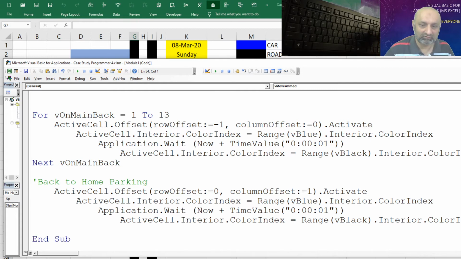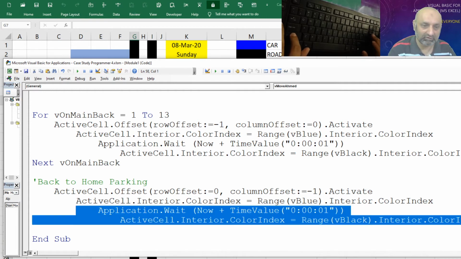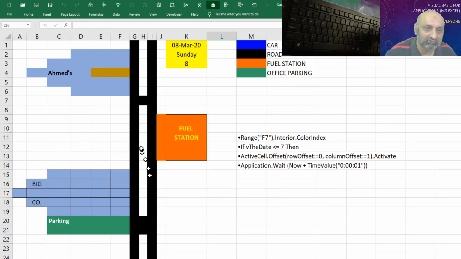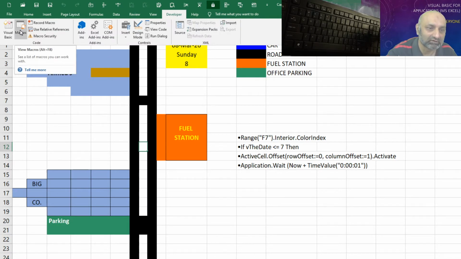We'll move one step right, one step left, and one step left should be column offset -1, and the color should be blue, and we don't need a wait, and we don't need the black color. Let's run our macro slowly with the wait so that we can see if it is working perfectly.